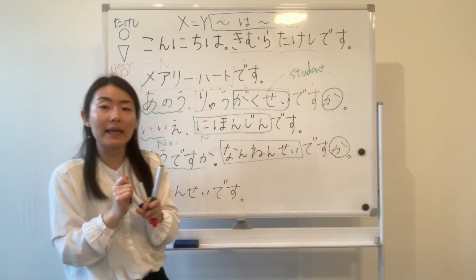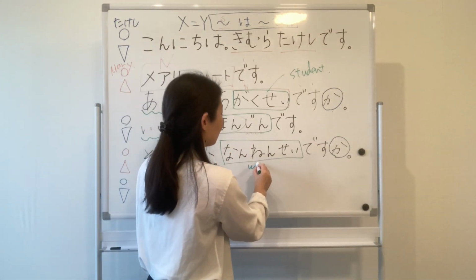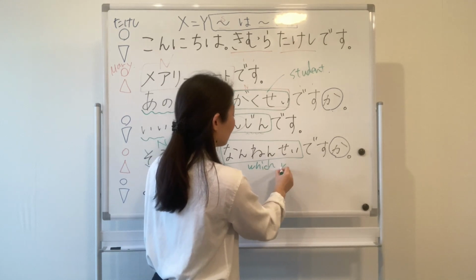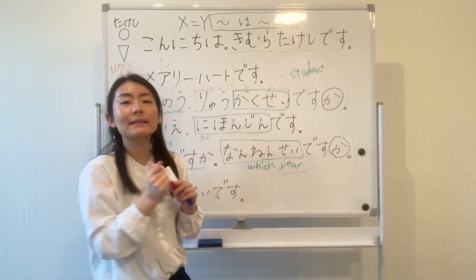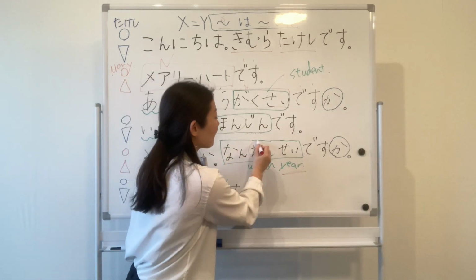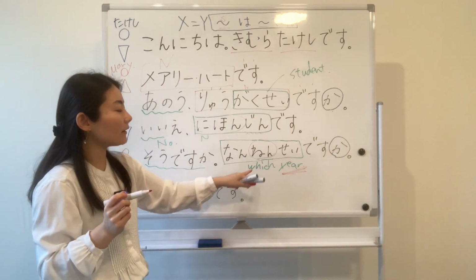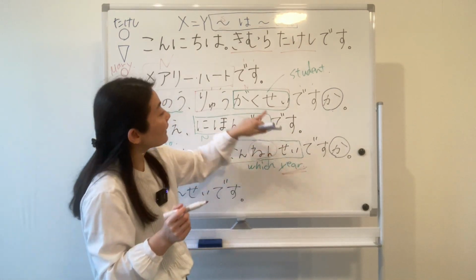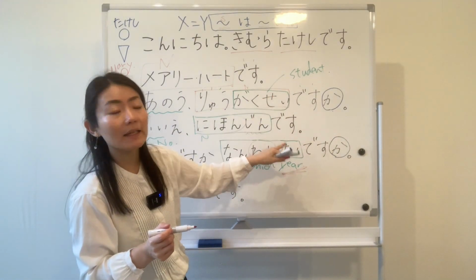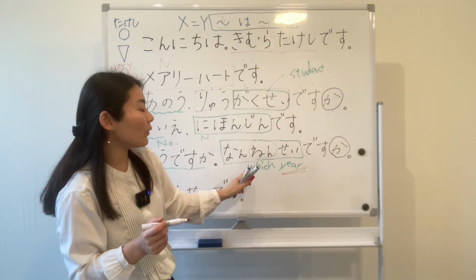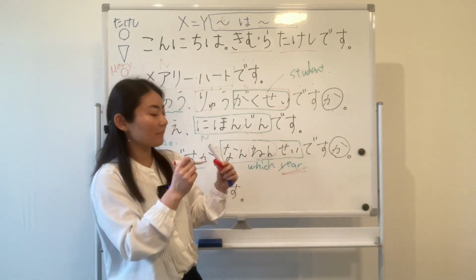And 何年生 means which year? 年 means year. And 何年 is which year. And sei is same as gakusei. So this part comes from sei. So it means, are you which year student? 何年生ですか？